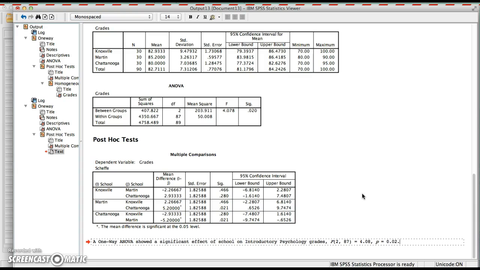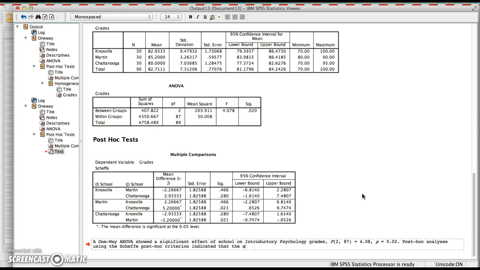All right, so what you say in the first part is that there is a significant effect. Now the assumption then is that, okay, there's significant. What's significant about it? So you have to run a post hoc test. So in the second sentence, you describe the post hoc analysis. You do so by saying post hoc analyses, and what criteria did you use? Using the Scheffé post hoc criterion